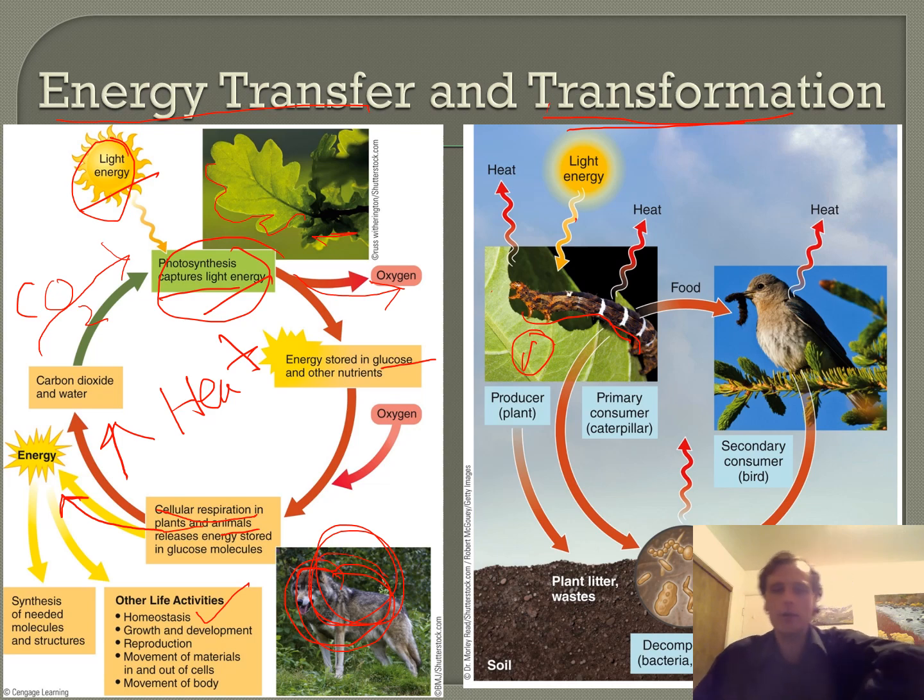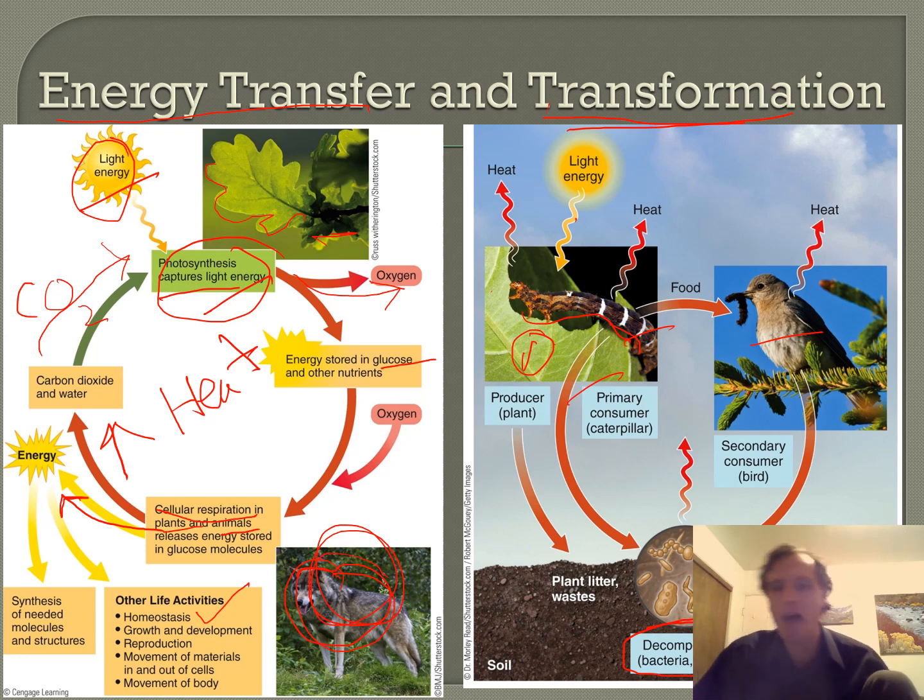All the matter is going to basically go with the organism when it dies, and it's not quite finished getting used because their dead bodies still contain some chemical energy, which is used by decomposers, which are mostly bacteria and fungi. A lot of insects and other types of usually invertebrates are also decomposers, like worms, but we're going to focus on bacteria and fungi here. What they do is they break down their dead bodies into their constituent nutrients, such as nitrogen and phosphates, and this is going to add those things back to the soil.